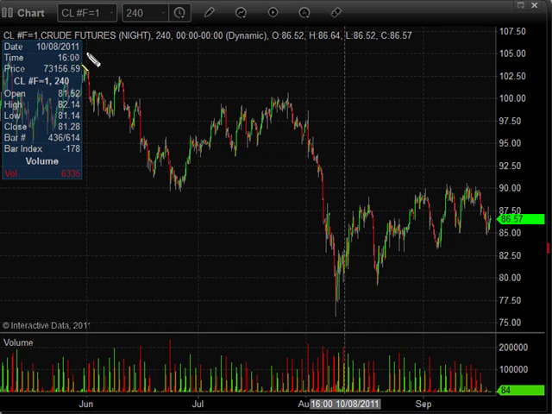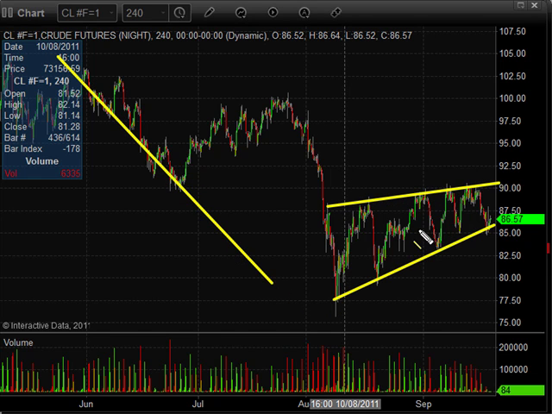Overall, again, the trend is down for crude oil. We've got this rising wedge slash bear flag, and if we just measure this move to the downside, we can see we had about a 20-point drop in crude oil. I'm not saying we're going to go this low, but there is potential for a 20-point drop, which brings us down to about the 70 mark for crude oil, which would pierce the previous low.